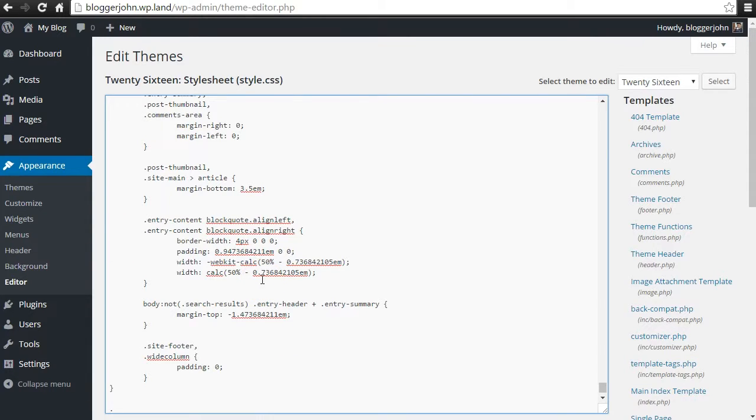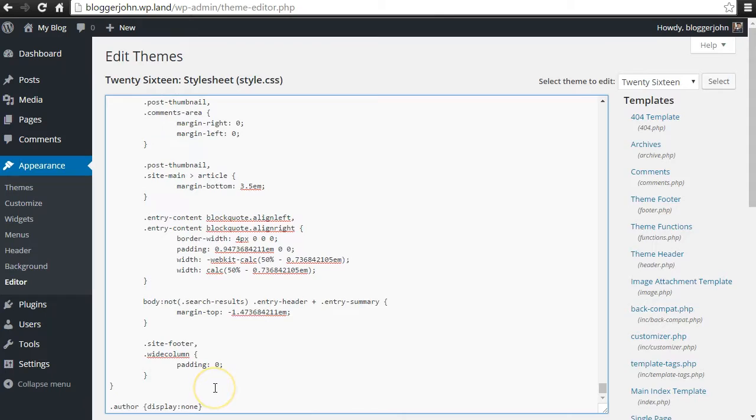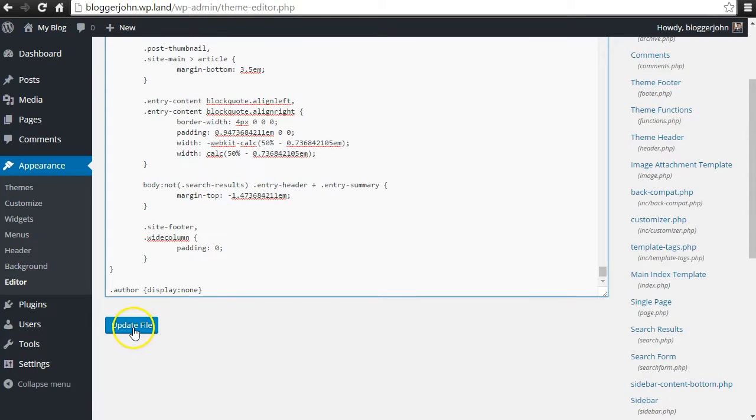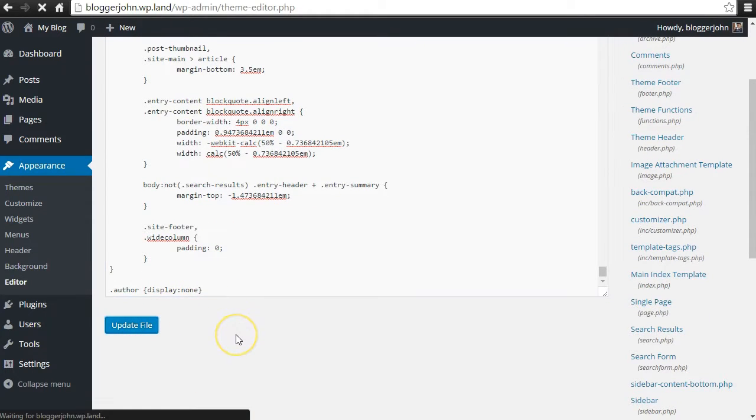And I'm going to put a dot and that author class that we just pulled. Then I'm going to open curly bracket, type in the word display, colon, and then none, and then close that curly bracket. I will also include this code in the description of this YouTube video, in case you are completely unsure as to what to put in there. After I'm done writing that code, I'm going to go to Update File,